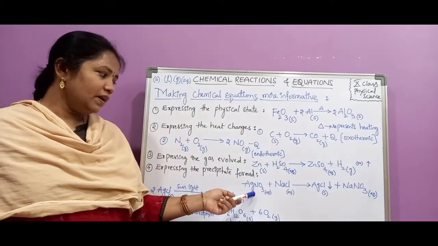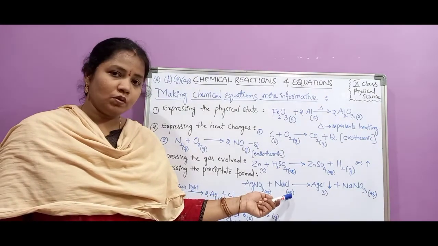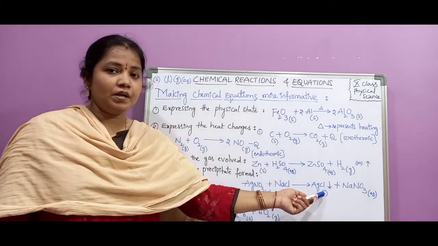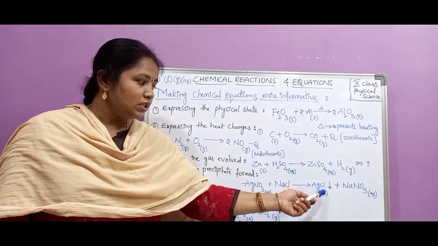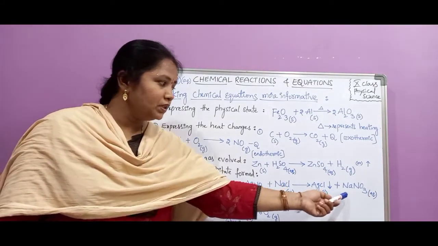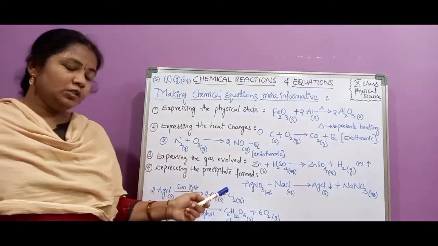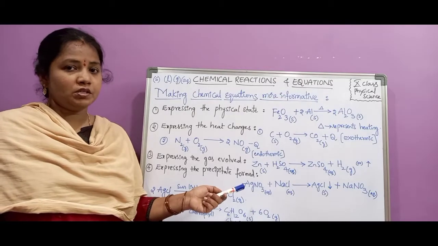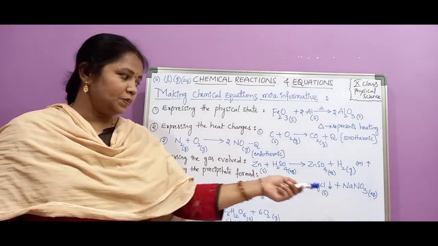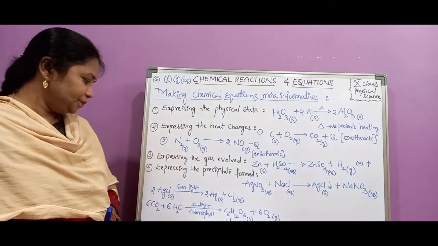So here, an aqueous solution of silver nitrate, when it reacts with an aqueous solution of sodium chloride, forms a white precipitate of silver chloride. So this is the precipitate here, and I have written the arrow mark in the downward direction. Along with that, we also get an aqueous solution of sodium nitrate. So it is a double displacement reaction or a double decomposition reaction. Generally in double decomposition reactions, we get precipitates, so that precipitate will be represented with the downward arrow.